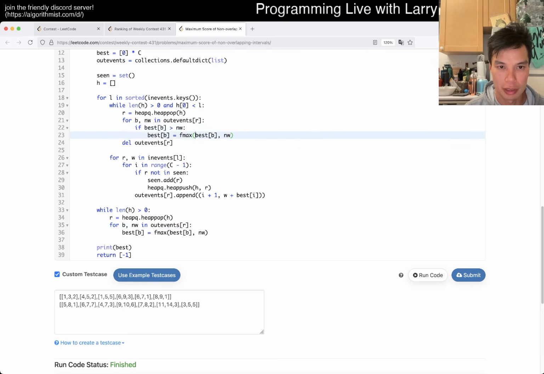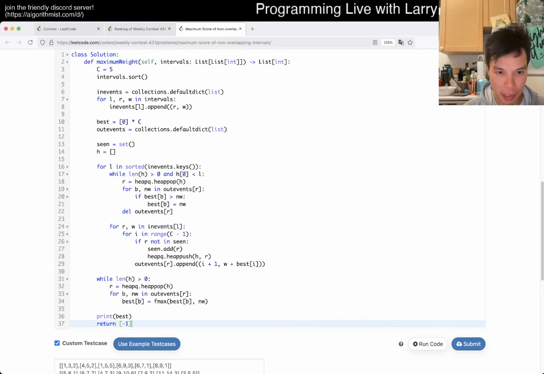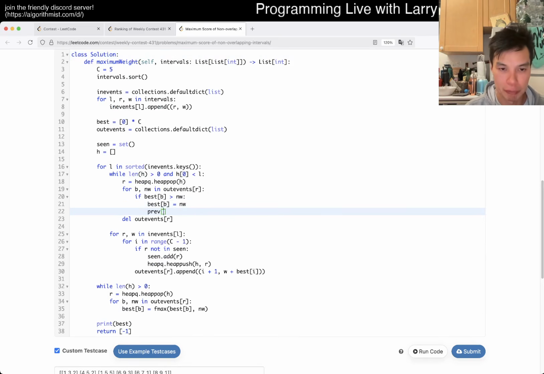Okay, then now we didn't even need it really, because we have to do it this way anyway. But then also previous of b is equal to out event. Out event needs the index. Our index gets the from index, so we need